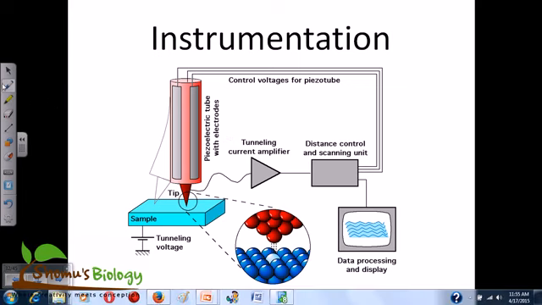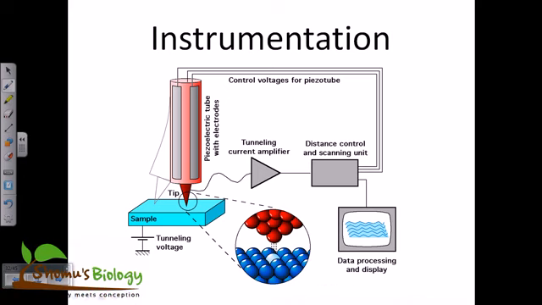As you can see here, this is the probe, this is the tip, a tungsten tip usually, this is the sample, and the voltage is applied between this tip and the sample. It is connected with an amplifier, because whatever surface current it generates, that current is pretty low for the detector to detect. So what we need to do is amplify that signal.